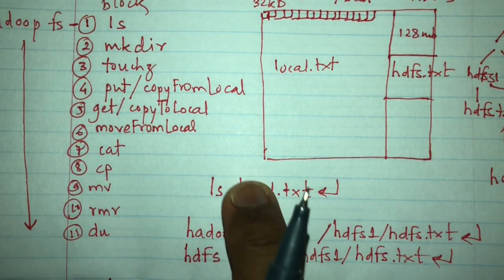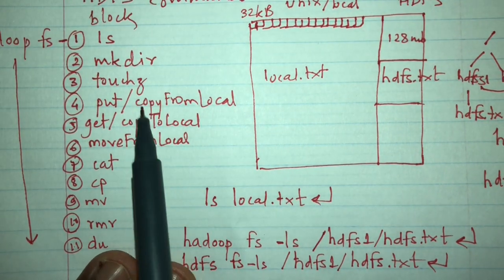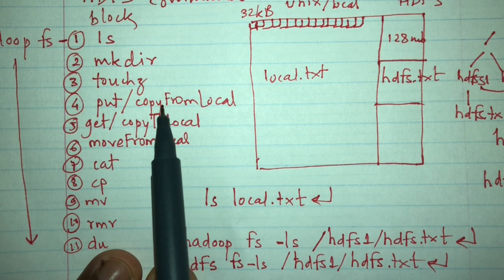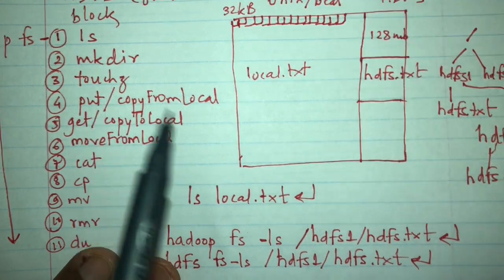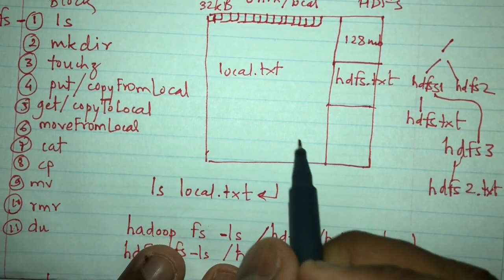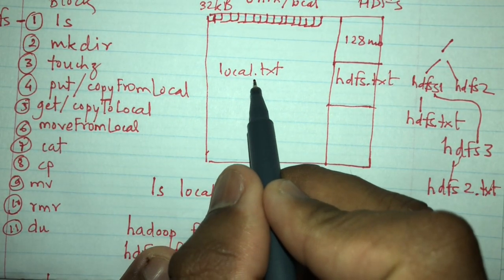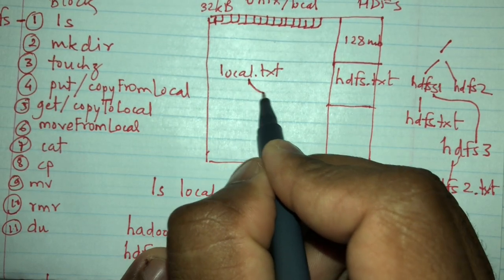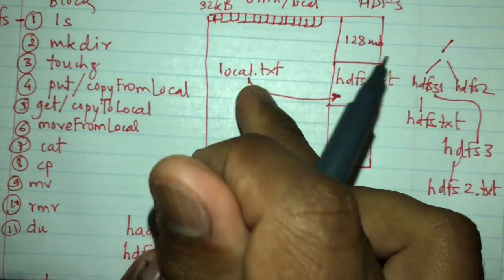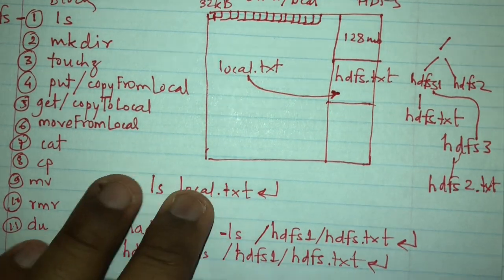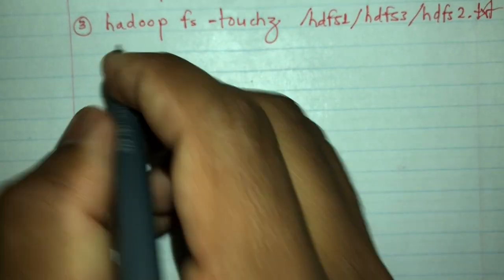Now the fourth command is put, or instead of put you can also write copyFromLocal. The copyFromLocal or put command works on the concept that you take any file from your local file system and try to push it into HDFS. So this is called putting a file in HDFS. The syntax for that will be like this: